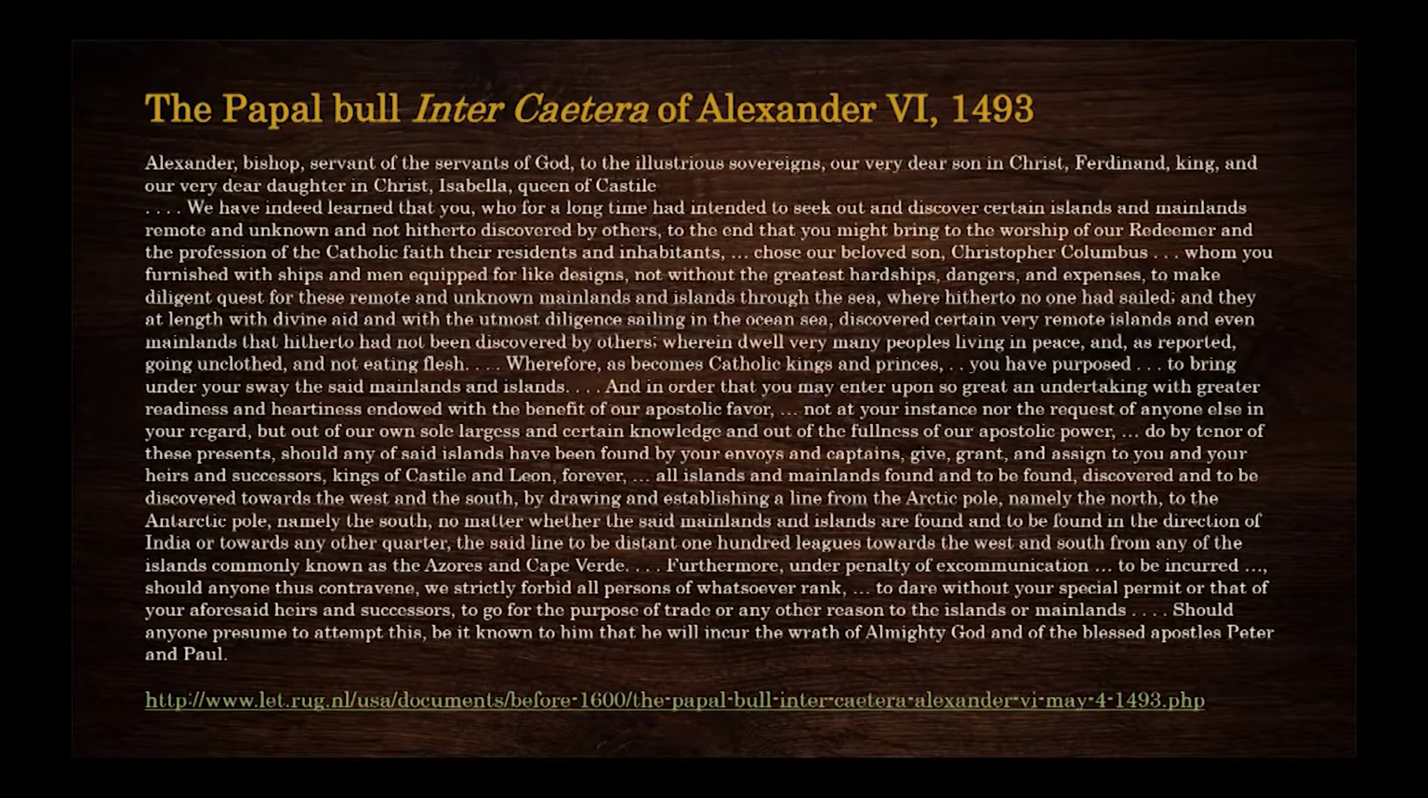Let's go to this last source. Papal bulls are always titled by their first couple words. And so the first couple words of this is inter caetera, which caetera, it's like et cetera. Et cetera is the same word. It just means other things. So among other things,